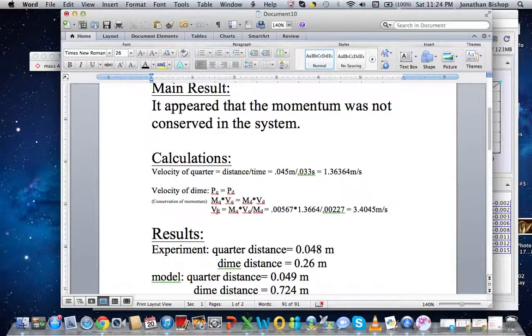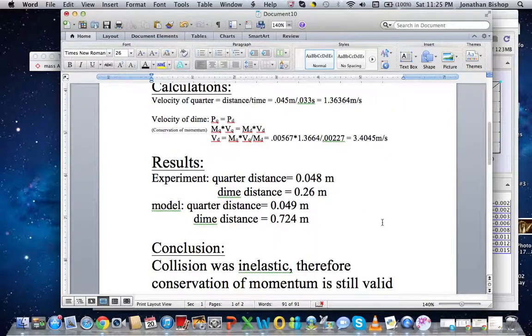And I solved for the velocity of the dime, which was 3.405 meters per second. The experiment results were that the quarter ended up 0.048 meters away and the dime 0.26 meters. In the model, the quarter distance was 0.049 and the dime was 0.724 meters,